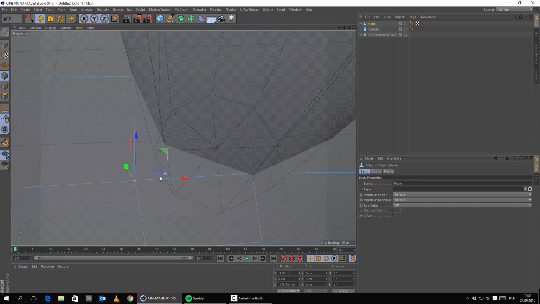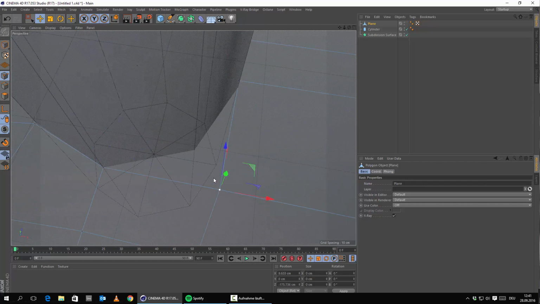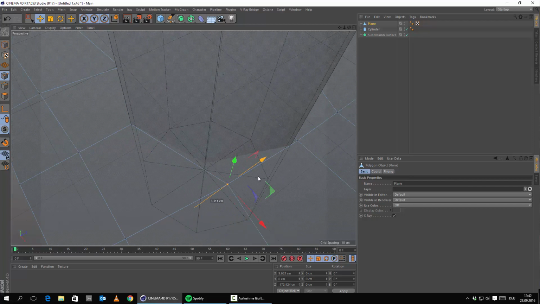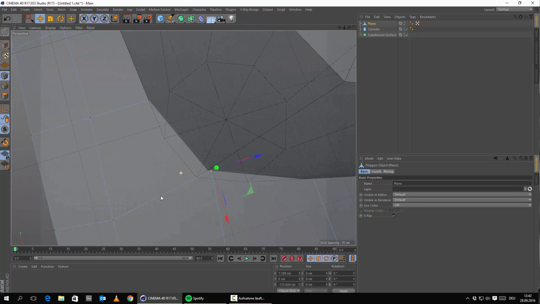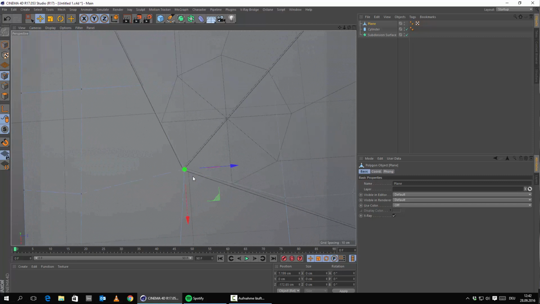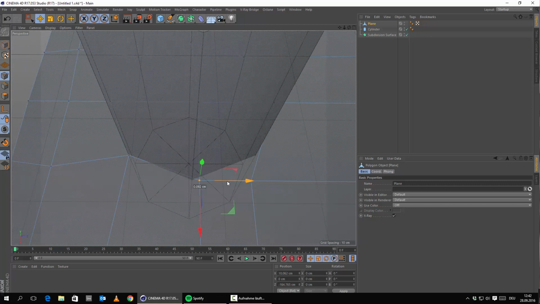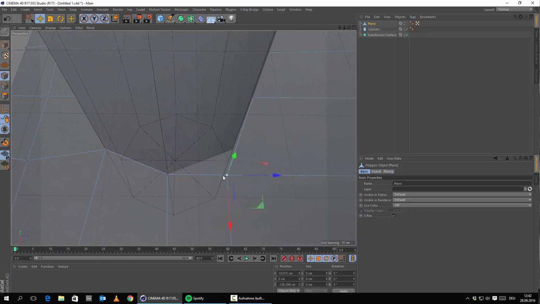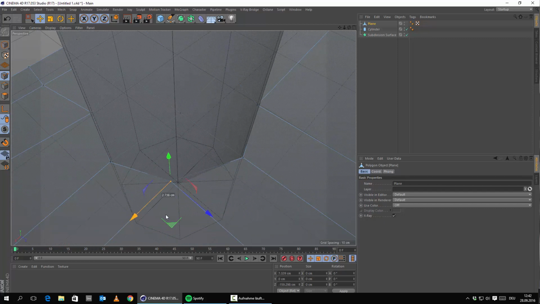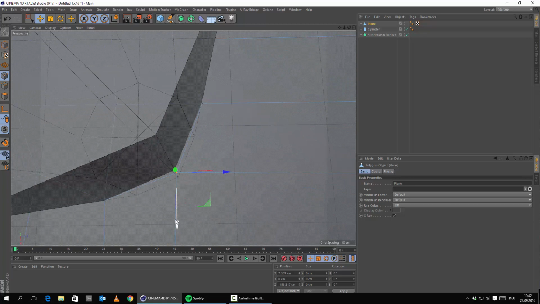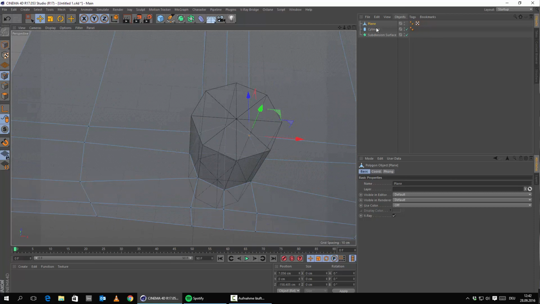and then we can move this point, bring it over here, this one a little bit more downwards, this one over here, okay. This point should go down a little bit, okay, and this one should move in a little bit, okay, so we're getting there, looks good to me, all points are set, we can get rid of our cylinder